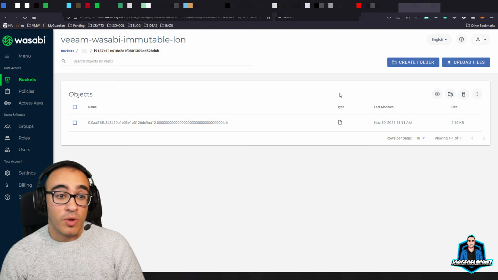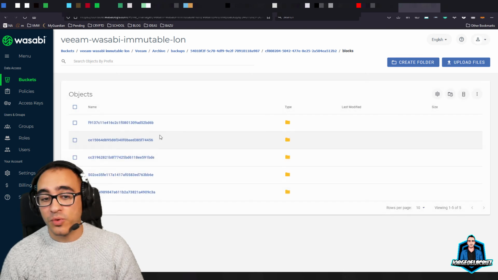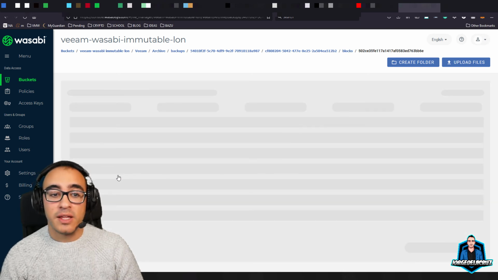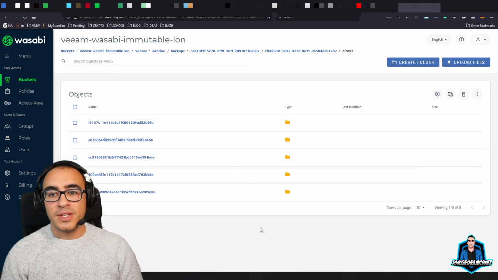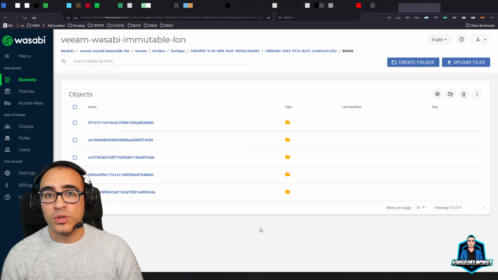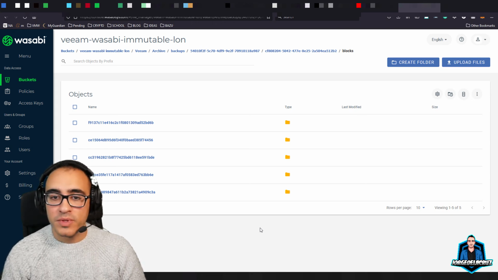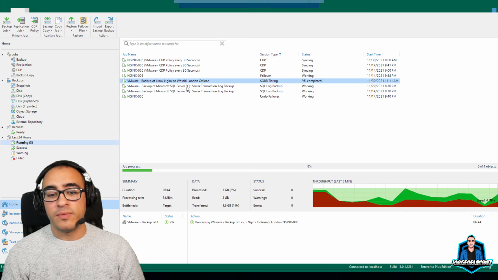Once again, all of this does not make any sense to me, neither to you, but all of this is metadata that Veeam will understand without any problem. So this is the folder structure with all of the blocks and everything. But once again, we do not know what is happening here, and we do not need to care because all of this is metadata, right? So let's go back into the Veeam console. We can just wait to see